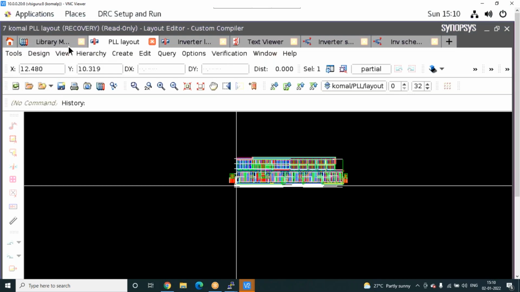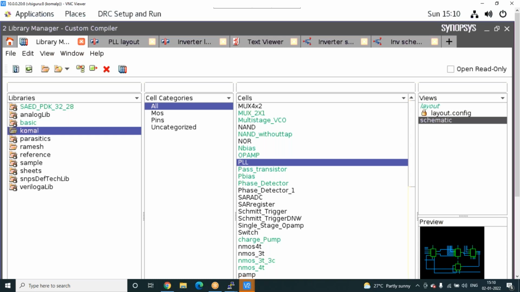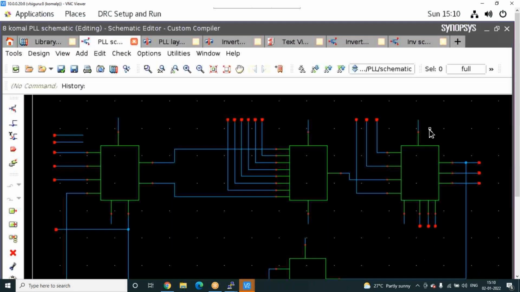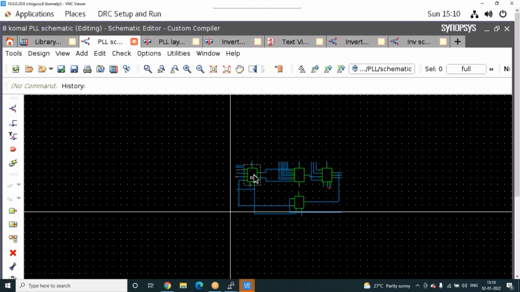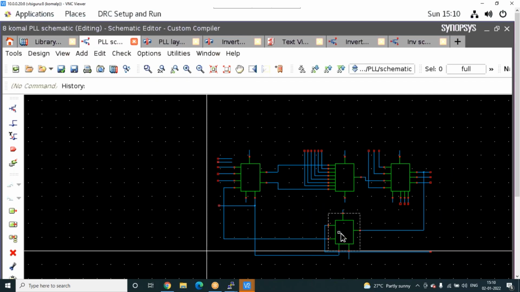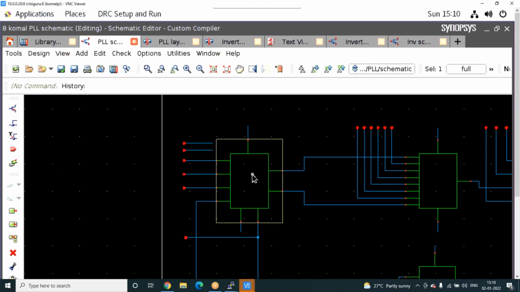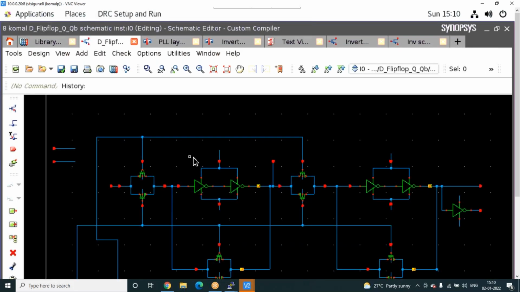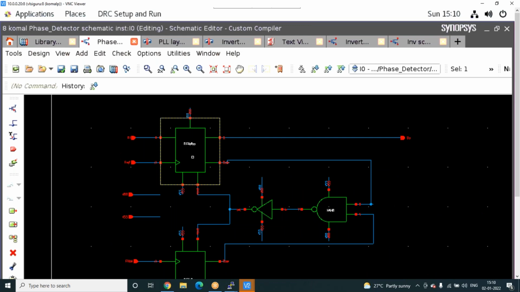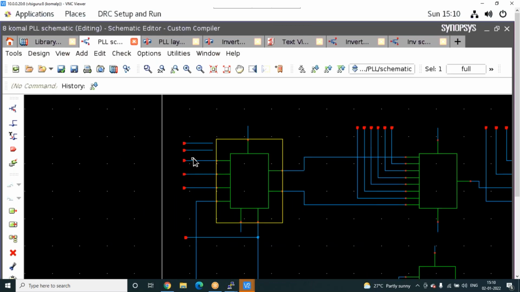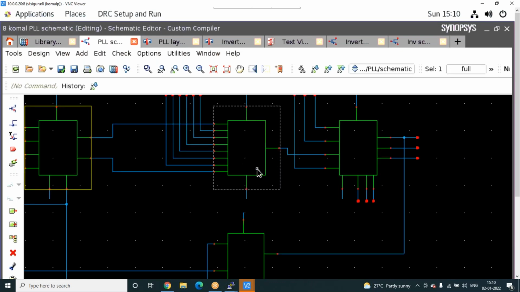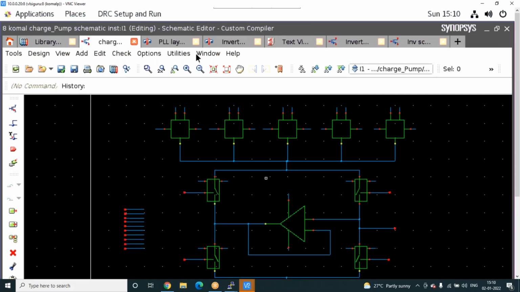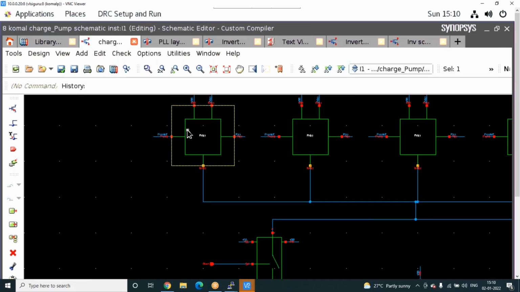If you see the PLL schematic, this is the top view only. If you go inside, there are sub-blocks. If you complete one block, there is another sub-block. You go inside another sub-block. First you complete this one, then go back, then back. So this is how many stages there are. These are challenging concepts, but anyhow these are easy if you know.